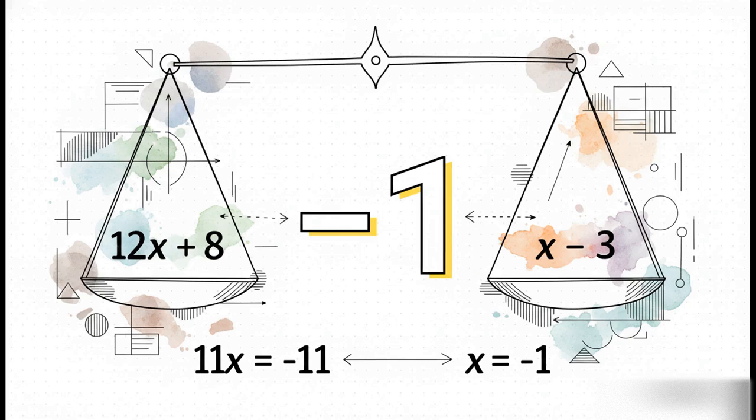We get 12x plus 8 equals x minus 3. We bring the x to the left, which gives us 11x. We bring the 8 to the right, turning it into a minus 11. So 11x equals minus 11. Divide both sides by 11, and our exact solution beautifully reveals itself. x equals -1. We went from a totally messy fraction to a super clean -1, just by trusting the balance